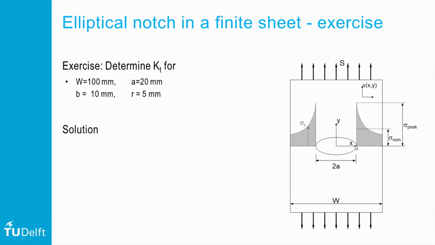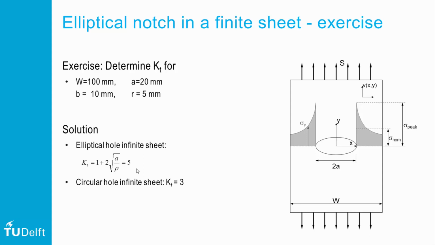So what is the best way to go forward? Well, we know for this given ellipse in an infinite plate that the Kt is equal to 1 plus 2 times the square root of A over rho, which in this particular case is 5. Now for a circular hole in an infinite plate, we know that the stress concentration factor is given by Kt is 3.